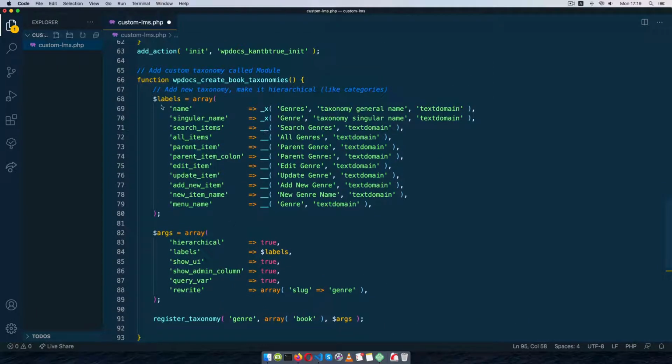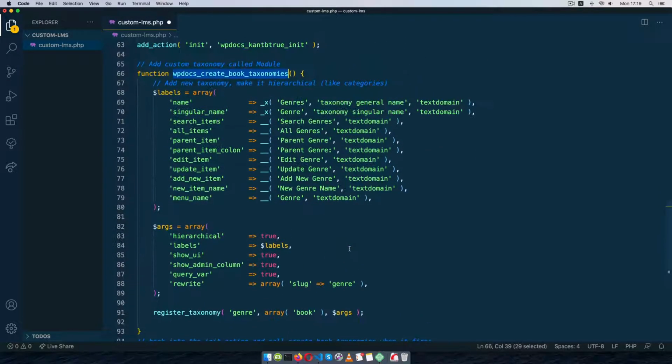Now when we come to the function that we are calling right here in the hook, we see that we have labels, and these labels are name, like genre, singular is genre, we add text for when it's going to be searched and all of these things, and then we add a menu name, and then we add whether it should be hierarchical, we add whether it should have labels, should it show in the UI, should we have an admin column for this,